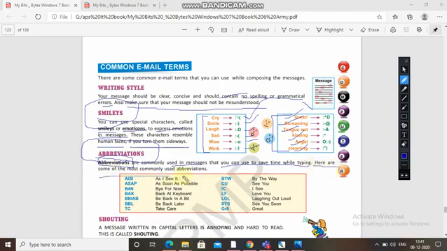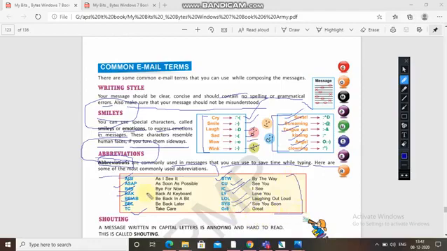Here are some of the most commonly used abbreviations which you can write in your messaging: AISI, as I see it; ASAP, as soon as possible; B4N, bye for now; BAK, back at keyboard; BBIAB, be back in a bit; BBL, be back later; TC, take care; BTW, by the way; CU, see you soon; LOL, laughing out loud; and great.